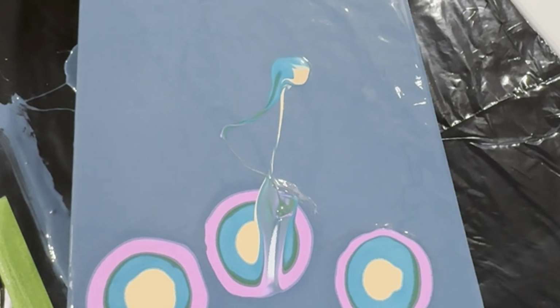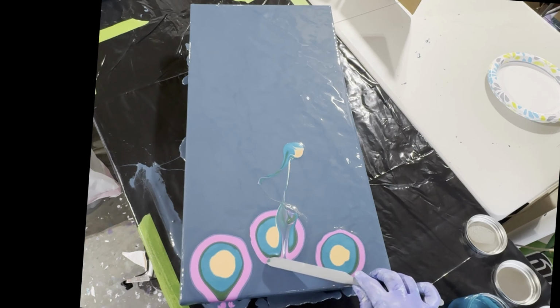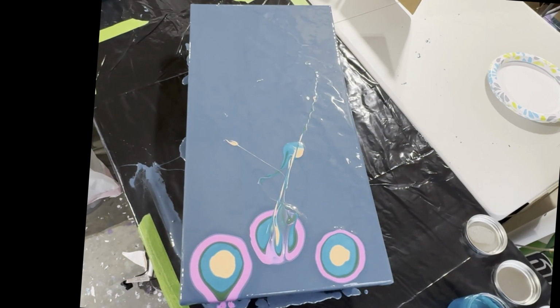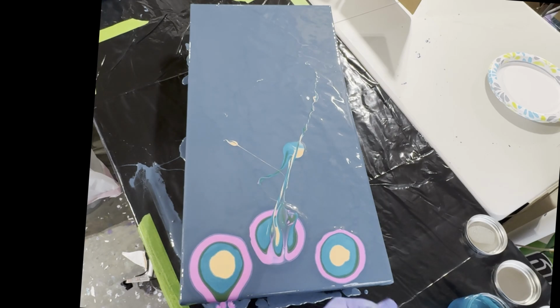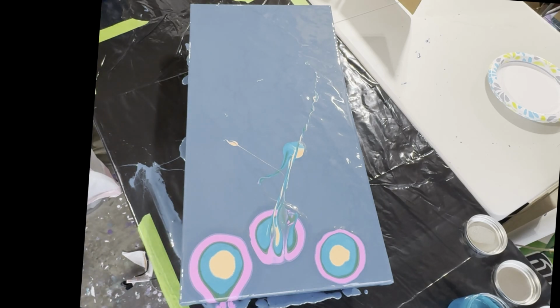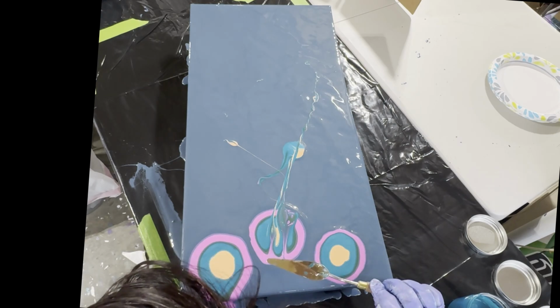Okay, so lesson, a little less down the canvas and a little more up and out is what I'm thinking. Okay, here we go. I'm gonna get under it a little, up and out. This also might not be the best tool because it's a little thick. I wonder what else I might have. Let's see. Other than just a palette knife, I suppose in some ways I could potentially